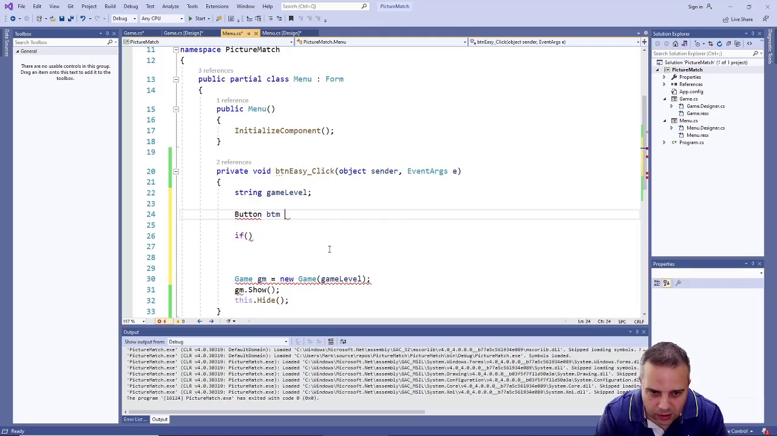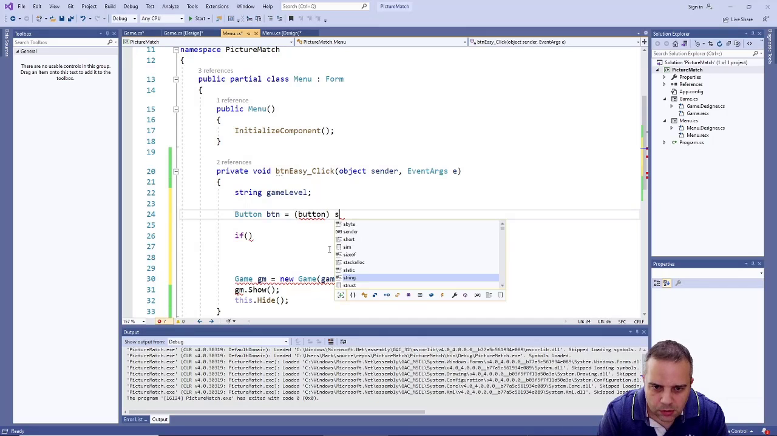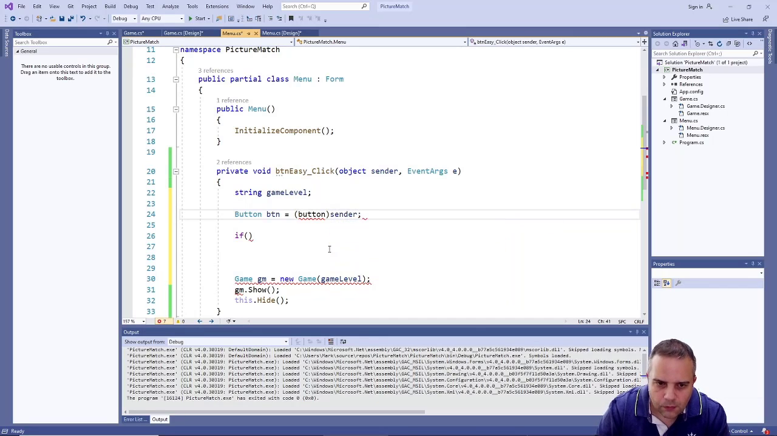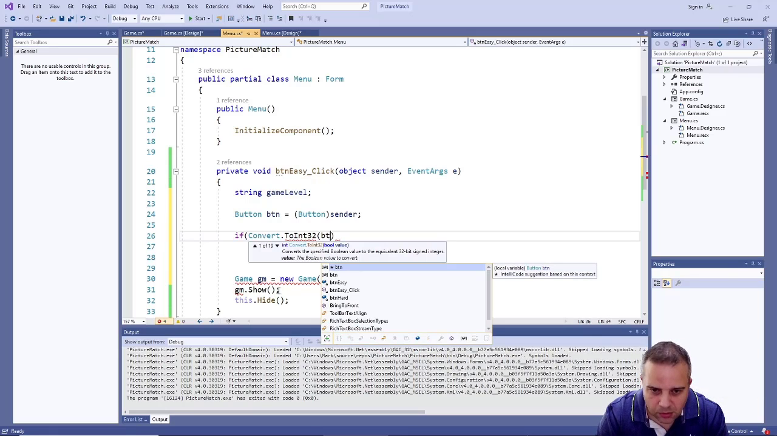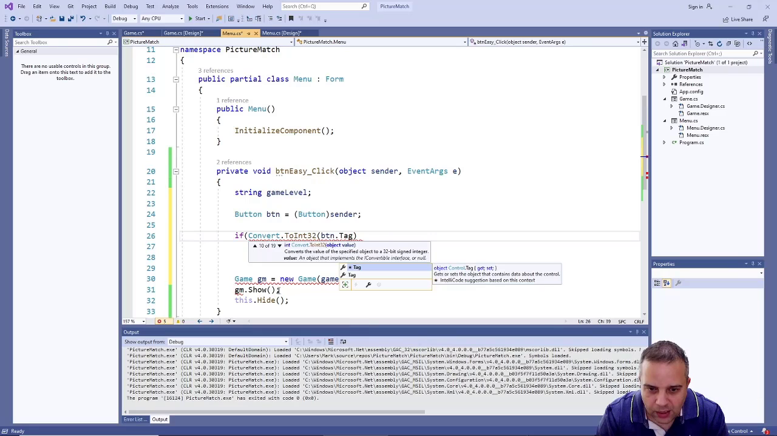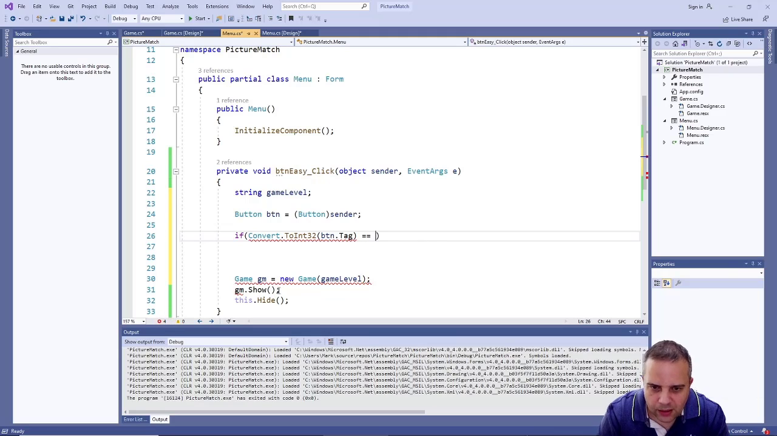So button btn equals, I think it's button sender, probably a capital B. So now we have our button. Now we can think, does it equal 1 or 2? So we'll have to do a convert to integer, because I don't know what the tag is, probably just an object. So we'll convert to integer button dot tag, and if that equals 1,